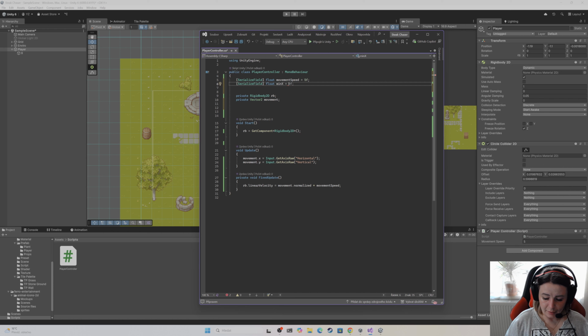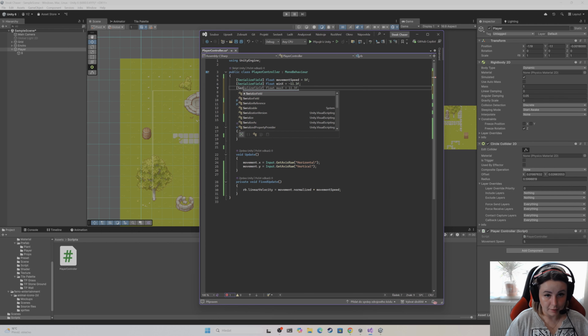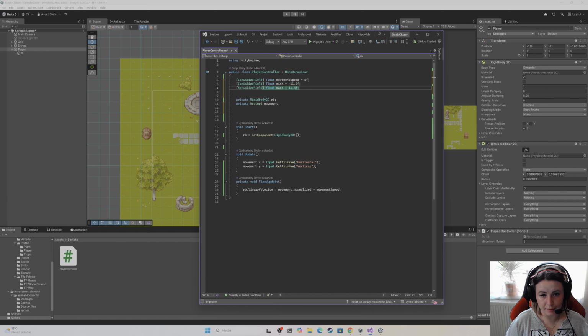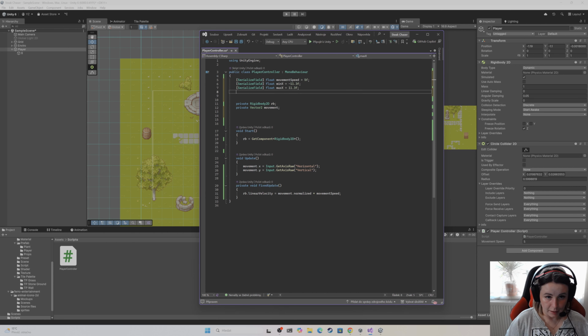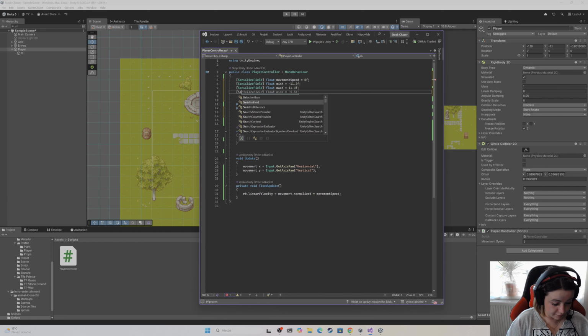It was -11.3, I guess, something like this. Serialized field of float type max x, and as Visual Studio Code helps us, so I will just choose this, and the next serialized field